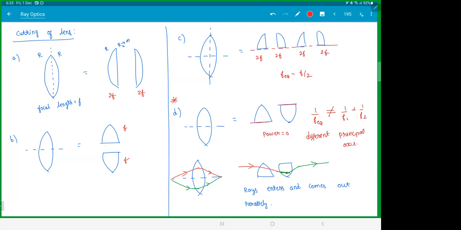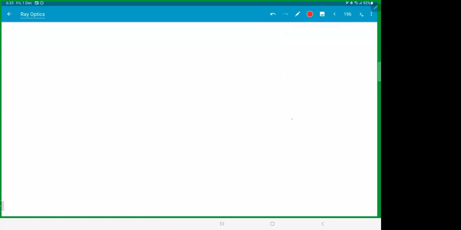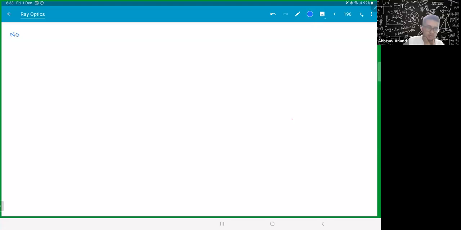Next one. Number of images in a lens. This question I used to